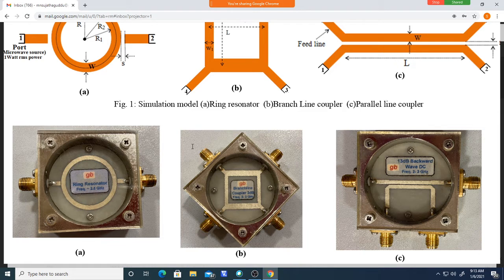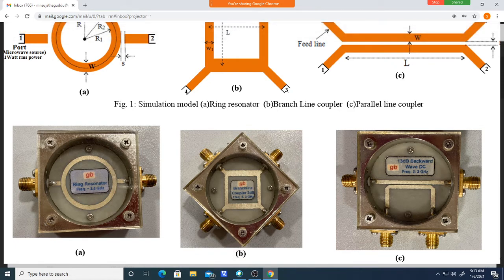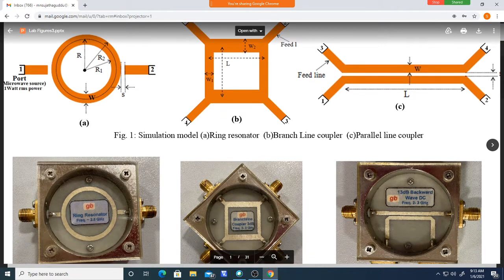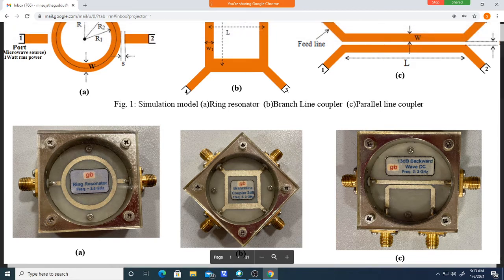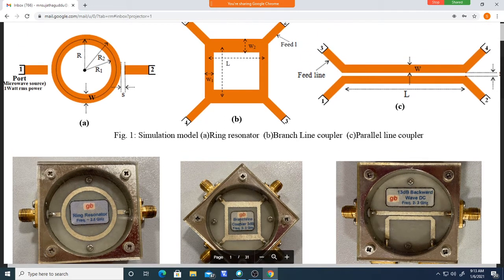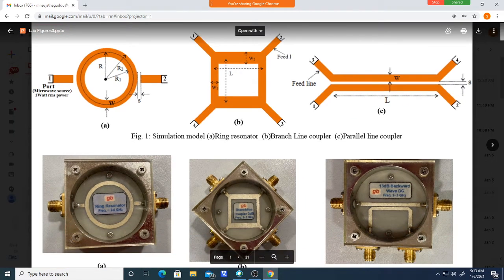So this is a port, for example, this is port 1 here. This is port 2, or like in the simulation tool what we did, this is port 1. So you can take this as port 1, this is port 2, this is port 3, and this is port 4. And you should see how I have kept it here. See, the wider line is like this, because this is a device to identify the ports 1, 2, 3. What you can do, you hold this like this. See, parallel, this is parallel here. The wider lines I kept like this, and the thinner lines I kept like this, vertically.